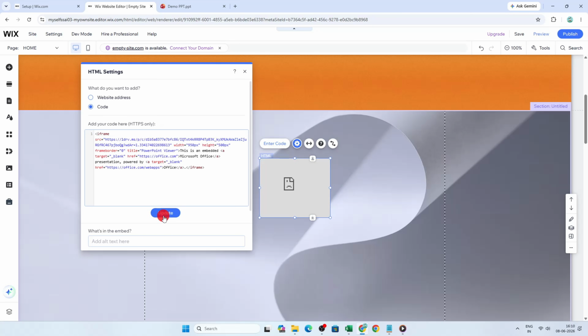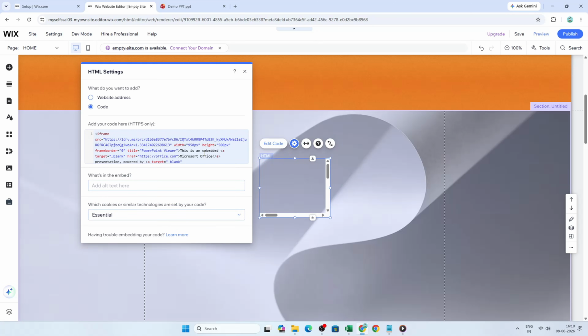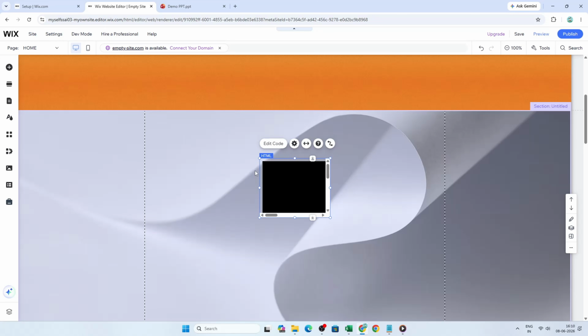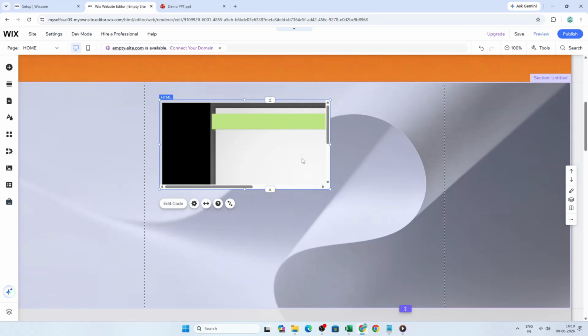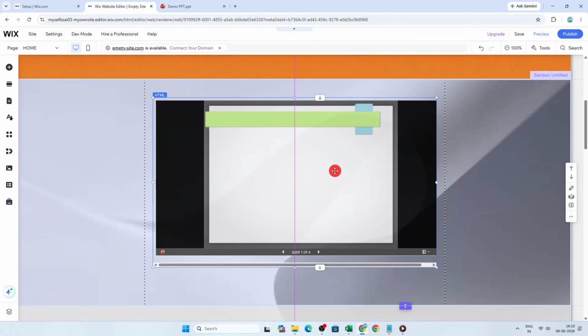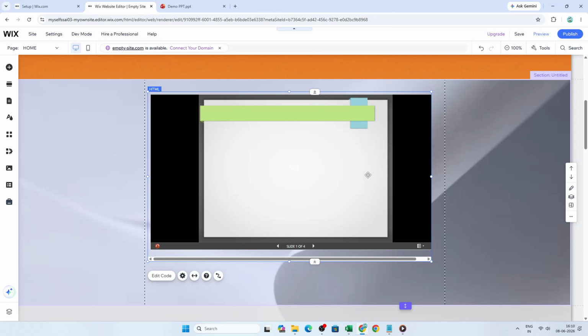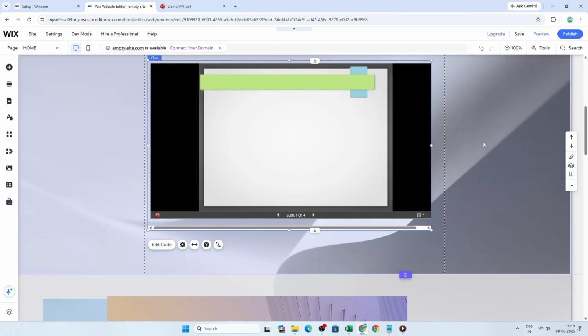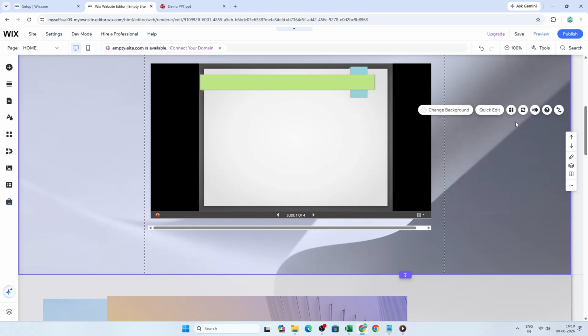At that point, your PowerPoint should display right inside your Wix page, allowing visitors to view and click through the slides directly from your site. This option is great if you want the presentation to feel like part of the page instead of a separate download. If your goal is simply to let visitors access the PowerPoint file, then using a downloadable button is the